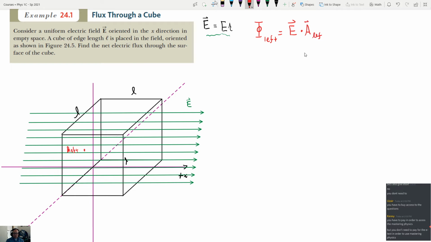It'll be maximum. So on the left-hand side, we're going to have to take the value of our electric field, which is this, and dot product it with the area vector associated with this left side right here. So I'm going to draw that area vector. We're going to say that area vector points directly to the right, like this. That's going to be our area vector on that side. Okay, so it's going to be parallel to the field lines,